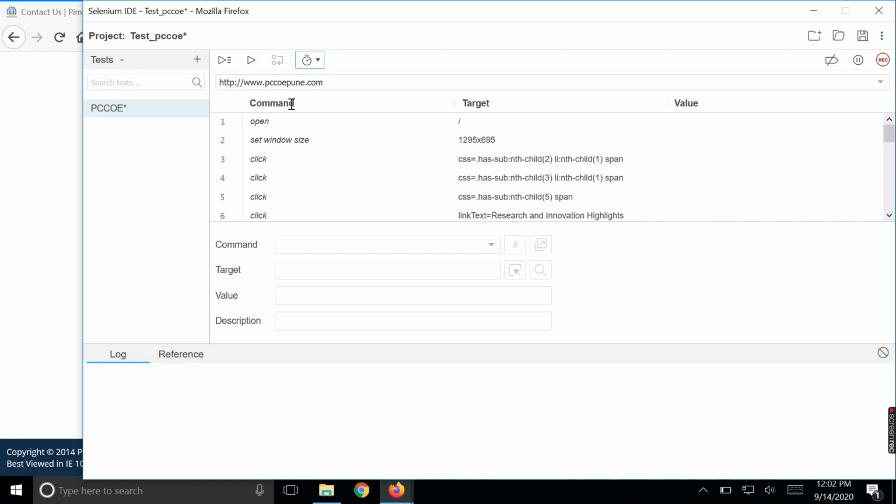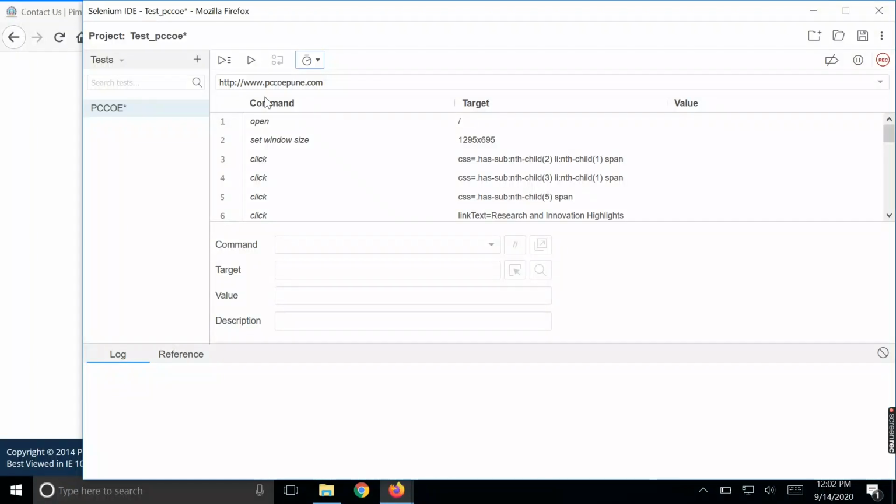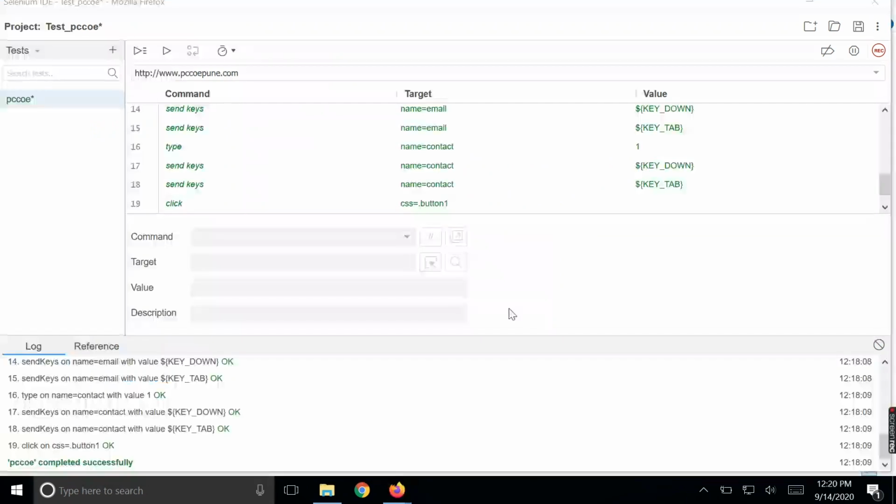One is command, second is target, and third is value. We have written the URL www.pccoepune.com, and when you click on start executing the test cases, it opens the web page. This is the running environment of Selenium IDE test cases.